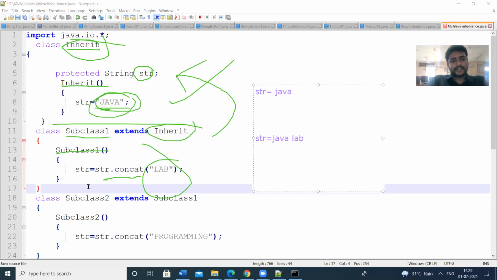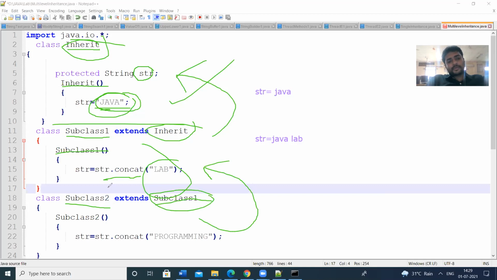Next I am defining another class, subclass 2, which extends the properties from subclass 1. So it inherits the properties from subclass 1. Here subclass 1 is the superclass and subclass 2 is the subclass. I am concatenating in the constructor with programming.